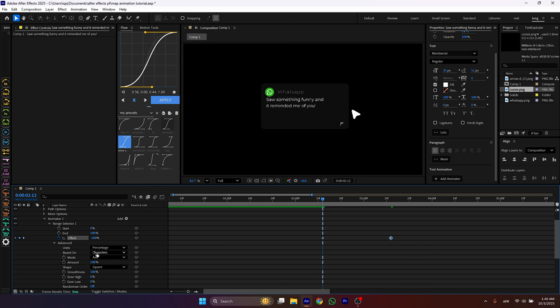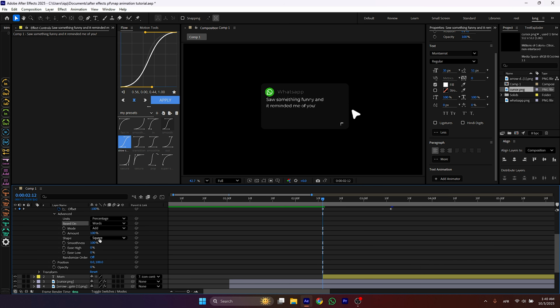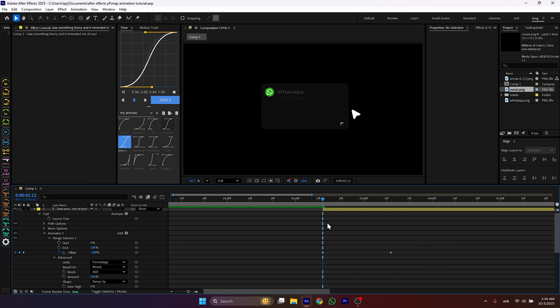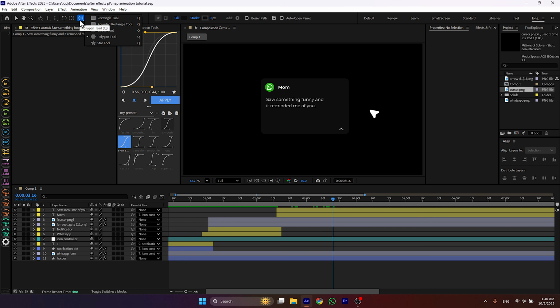Then open advanced, select this to words. And the shape to ramp up. Then increase the ease low to 100%. And you are done with the text animation. Now let's add a reply box.